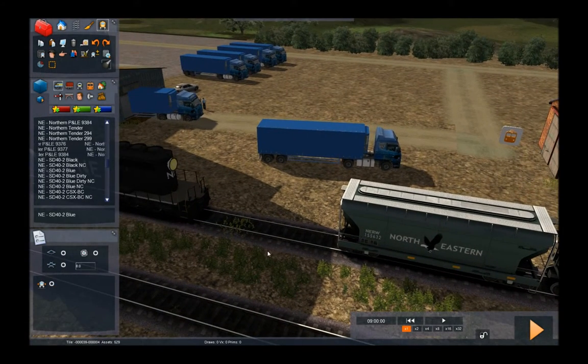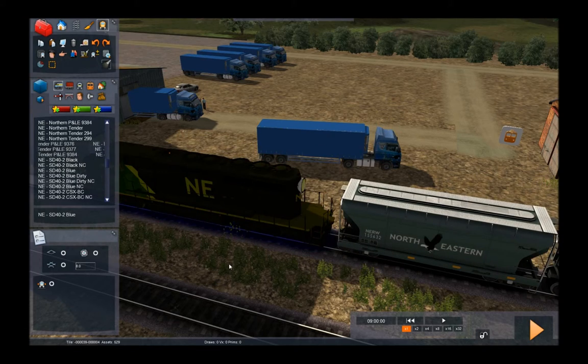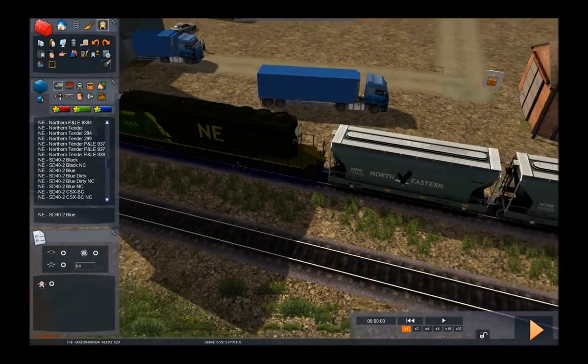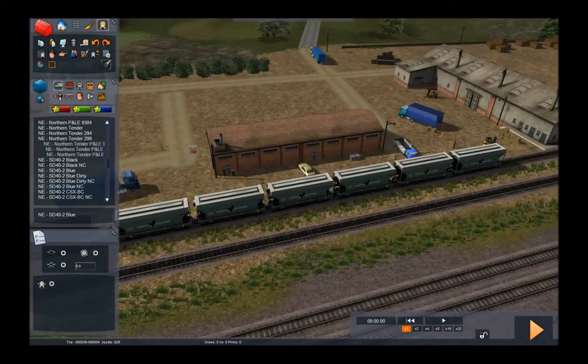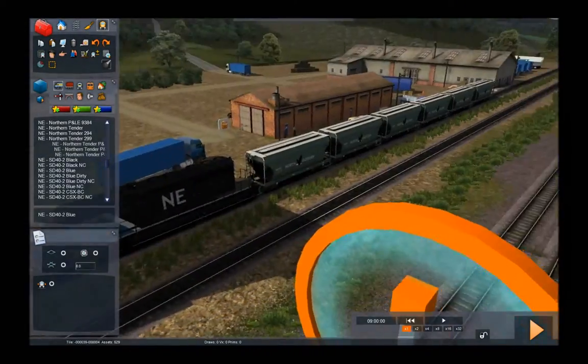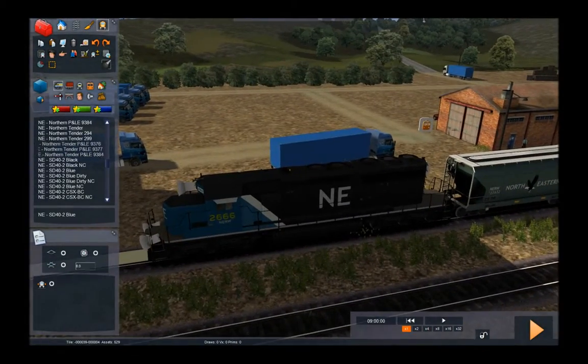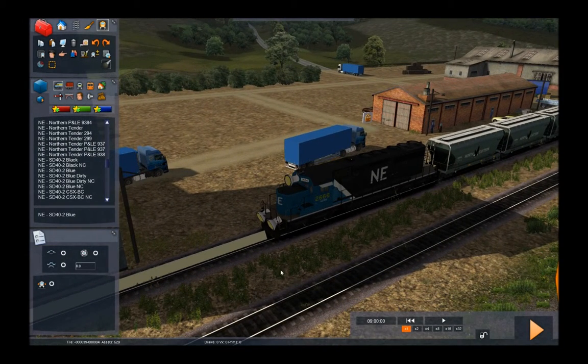It makes a definite sound when you hook up. That's how you know you did, whether you can see the coupler or not. So this is our train that we're going to drive,